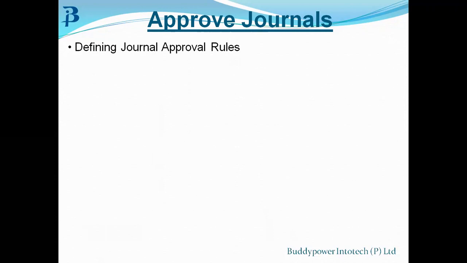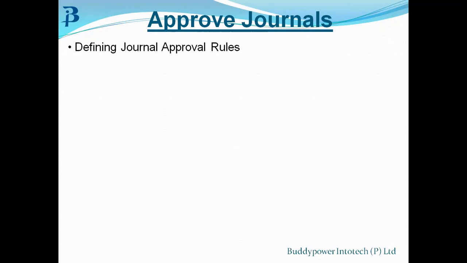The journal approval rules allow you to set and define policies which are then applied to your approval workflows. You can configure journal approval rules in the BPM worklist application. You've seen that business process management worklist, right? We use the setup and maintenance work area, you would have seen that in the instance, right? We go to the setup and maintenance work area and start defining your enterprise structure and all that. So you can give that approved journals in the setup and maintenance work area.